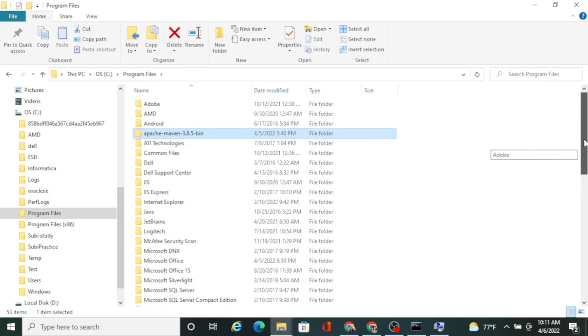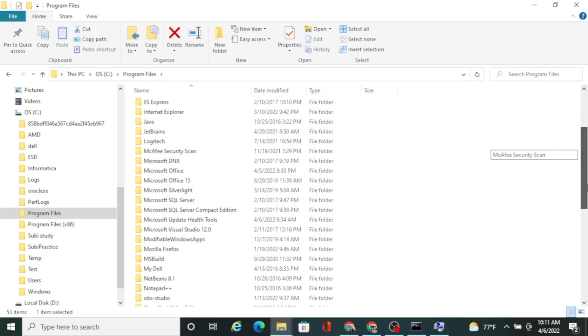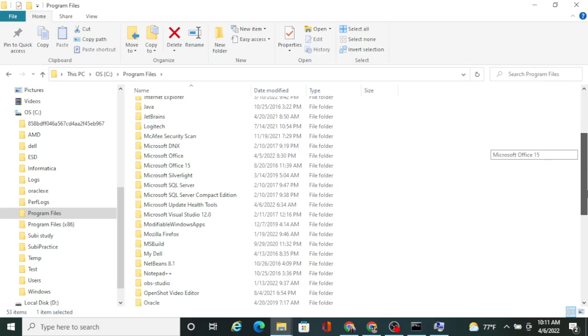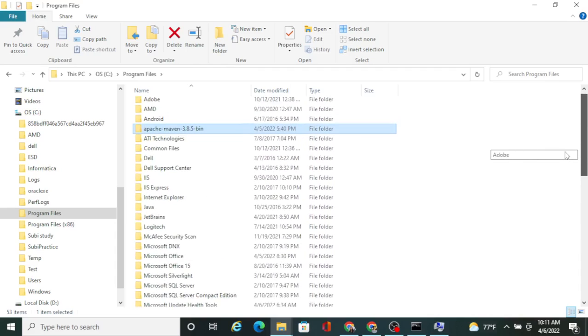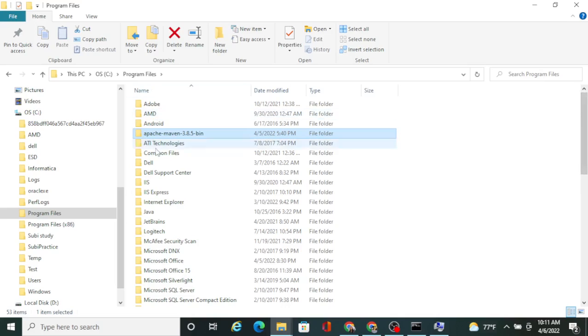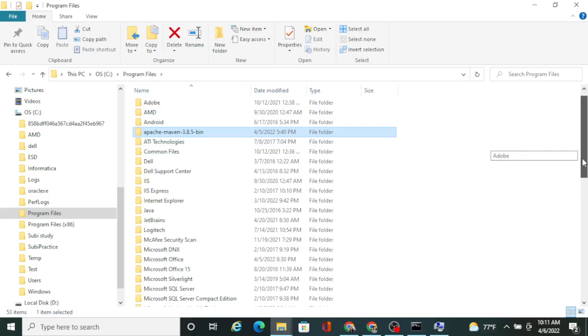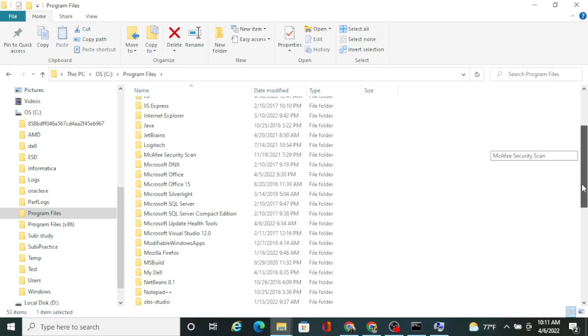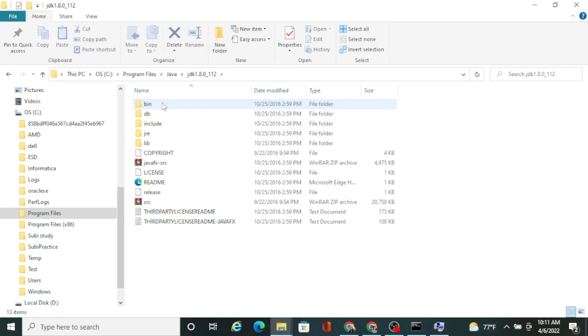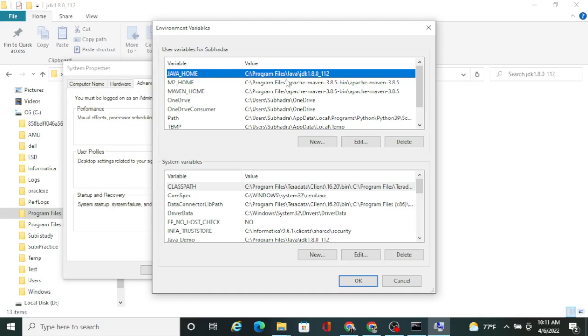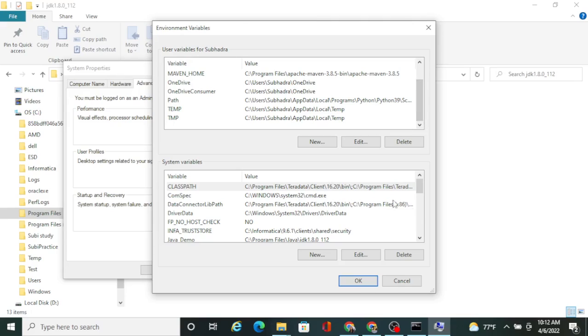One is for the Java JDK, and the other two are for Maven. One location is for Apache, and the second location is for Java. Here is my Java, here is my JDK. This is the link you have to give under your JAVA_HOME path. Okay, three variables after they are created,